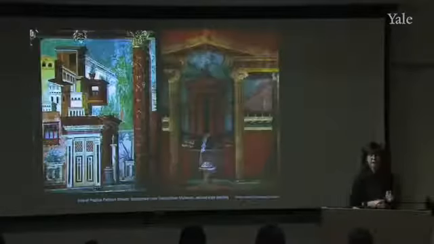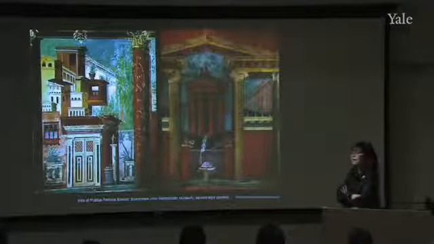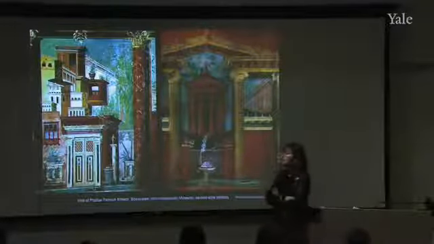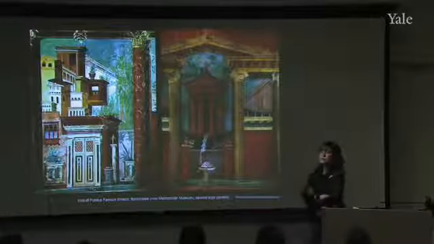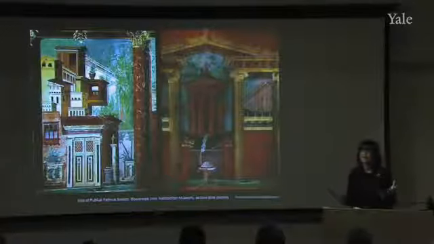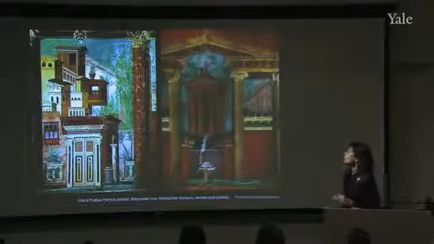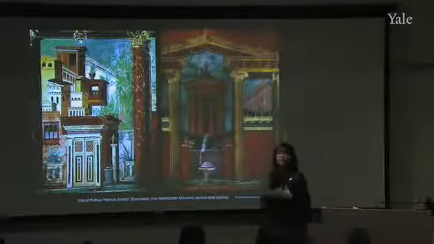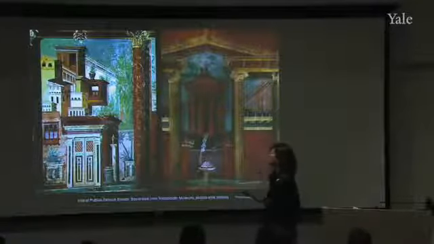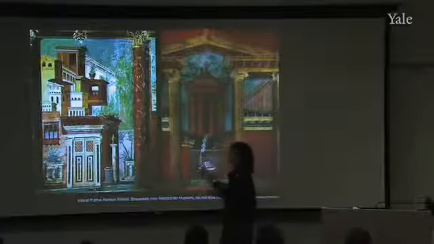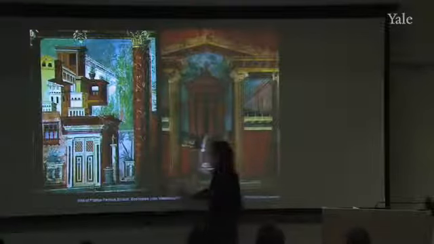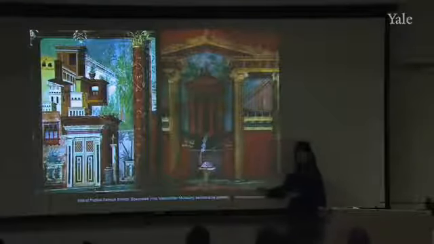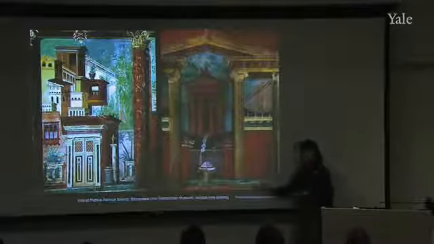I mentioned at the beginning we'll spend a few lectures on Roman painting, and the reason that I do that is because it's absolutely gorgeous and it's fascinating. But it also allows us to get a better understanding of interior decoration among the Romans, how they decorated their walls, but also because, as you can see from this one example from Boscoreale, now in the Metropolitan Museum, the famous Met Cubiculum,